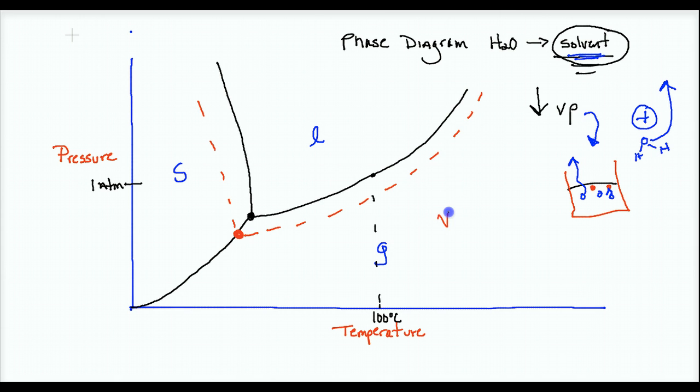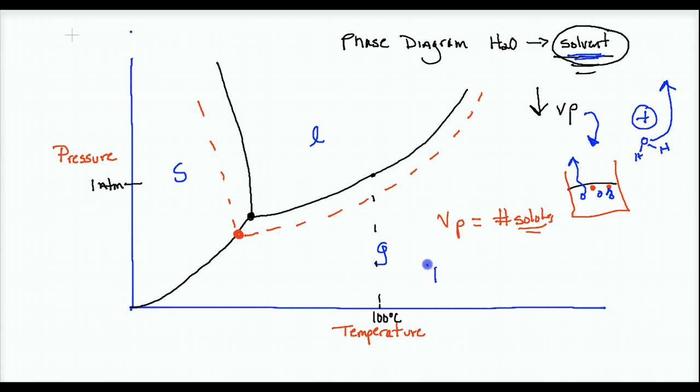So this vapor pressure lowering, this line would drop, is really equal to, or I would say related to, how many solute particles are dissolved. And the way that we relate that is something called a mole fraction. So Raoult's law, which really measures how much the vapor pressure changes in comparison to how many solute particles, is